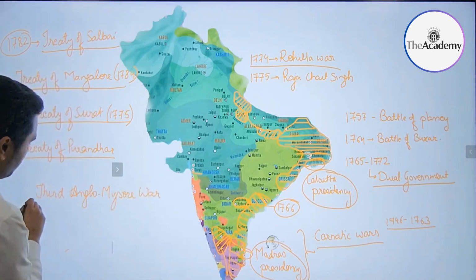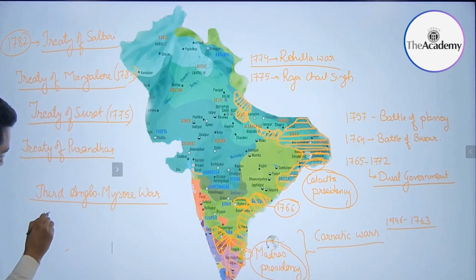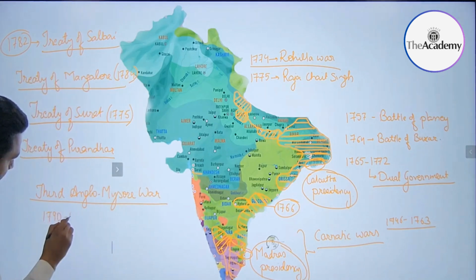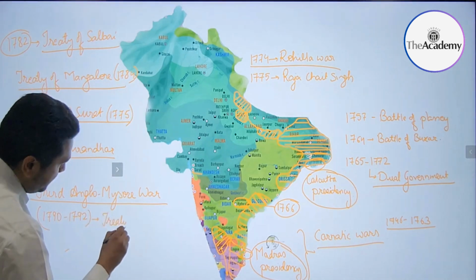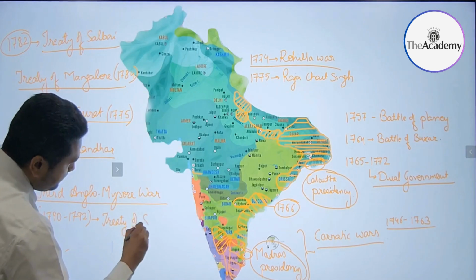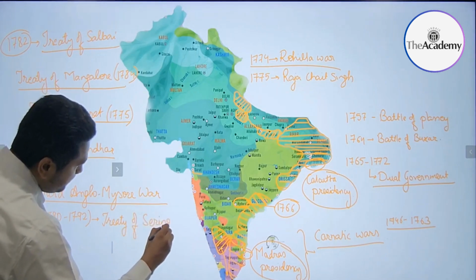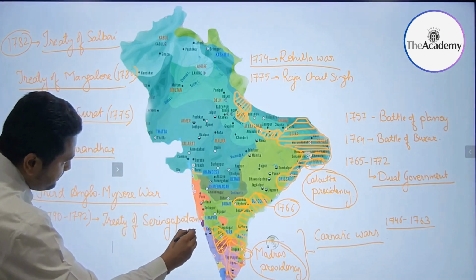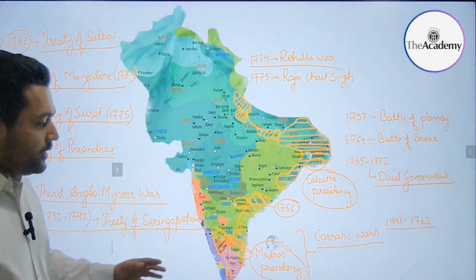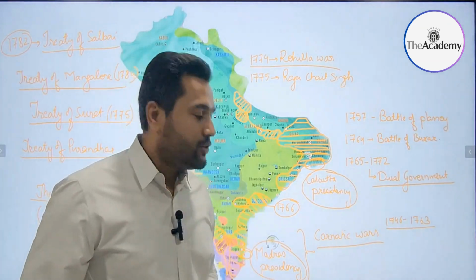And this Third Anglo-Mysore War, from 1790 to 1792, ended in the Treaty of Seringapatam. In this Third Anglo-Mysore War,